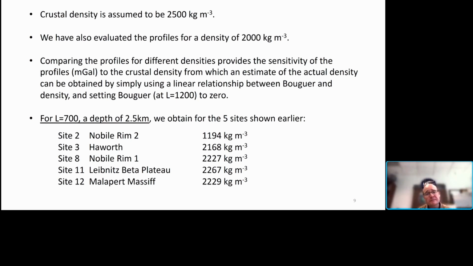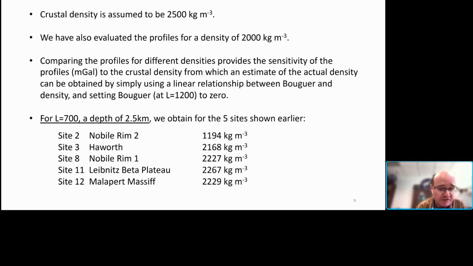And so we did a very simple estimation where we assumed a linear relationship between Bouguer gravity and density at a given degree. And that means that we have, for example, two values, one for a density at 2,500, one for a density at 2,000. And then we can basically set the Bouguer to 0, which would mean that we would get the right density in order to cancel out the Bouguer at that particular point. And in that sense, we were able to obtain densities